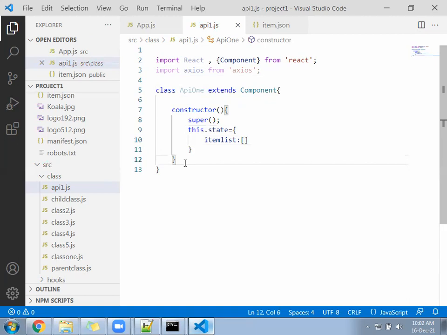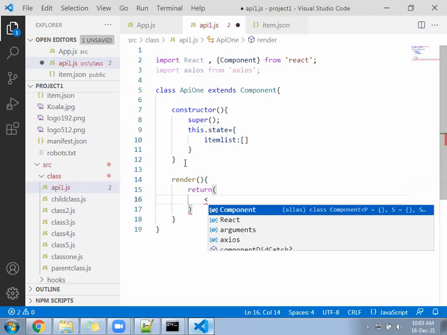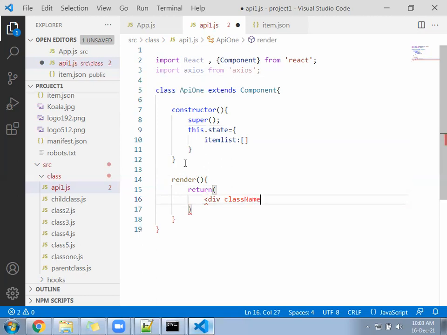Now come down, follow the render method, and in the render method use the return and a div with className equal to container. Then a div with className equal to row.